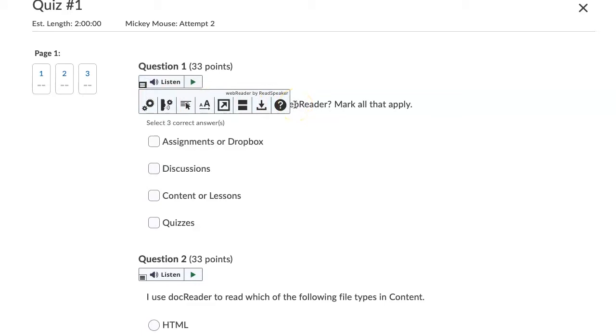However, if you choose page mask, you do need to click listen first before clicking the page mask, because the page mask works like a sheet of glass in front of things, so you can't penetrate through the glass to get to the listen button. You just click listen and then turn on the page mask. I'm just going to use listen, and we're going to listen to our first question.